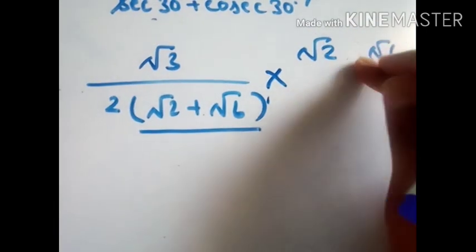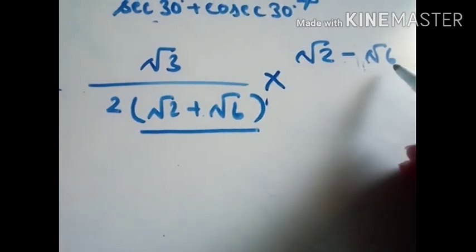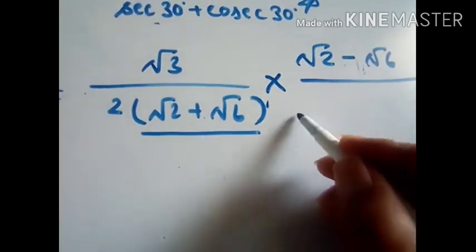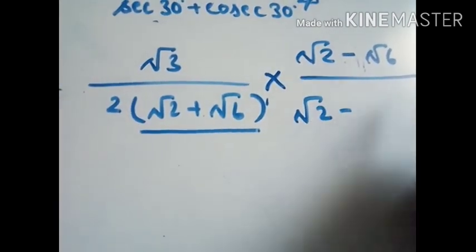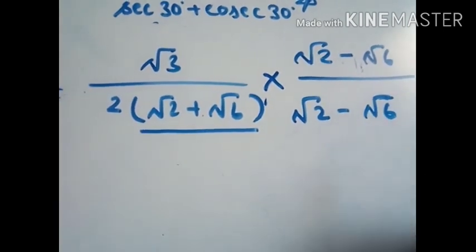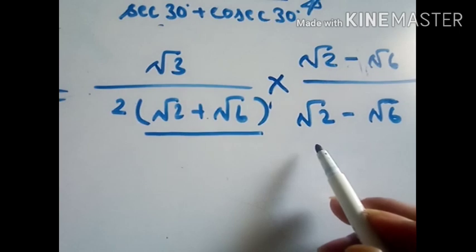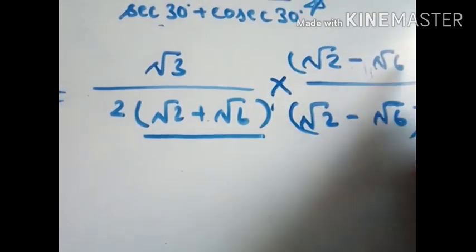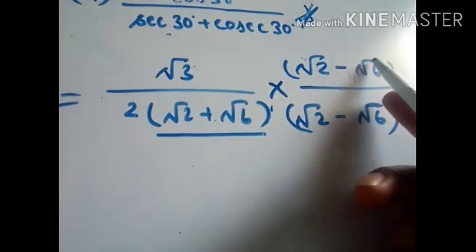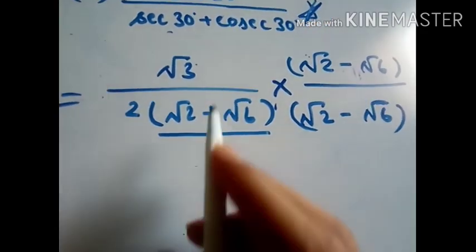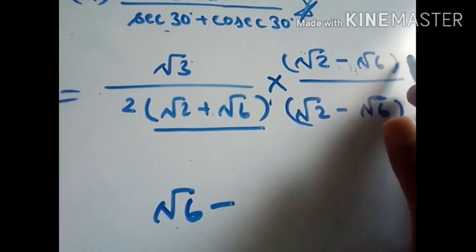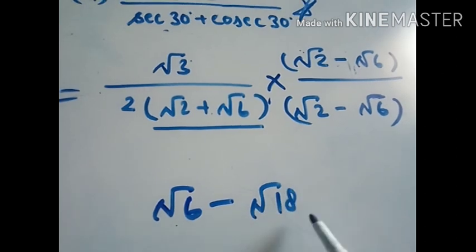Sorry, there will not be plus, I will take minus here, and the reason being we are going to multiply with the conjugate, because multiplying with the conjugate reduces the denominator in the form of rational number, understand? So let's put bracket. Now what happens here, you can see root 3 will multiply to root 2 as well as root 6. So root 3 into root 2 becomes root 6 minus root 3 into root 6 becomes minus root 18.